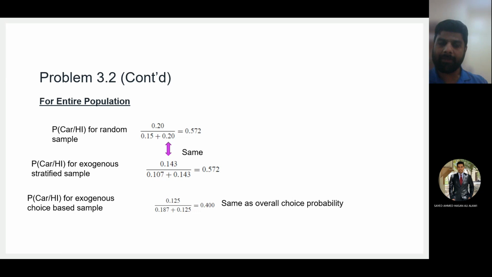The probability that you will have a car user in your sample is equal to the total probability of having a car user in the entire population. Okay, so if you go with stratified sampling, then the possibility of any choice is the same as a random sample or as the population. Okay, when you go for choice-based sampling, then choice becomes independent of the type of user. The type of user does not have any effect, whether he is high income or low income. The total possibility for a car user is 40%, and this is the possibility you are getting here.